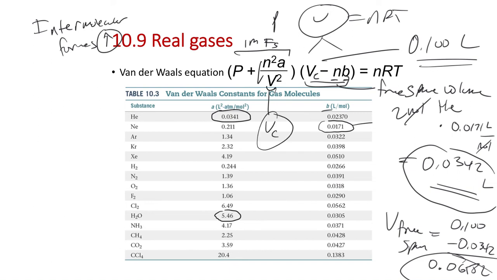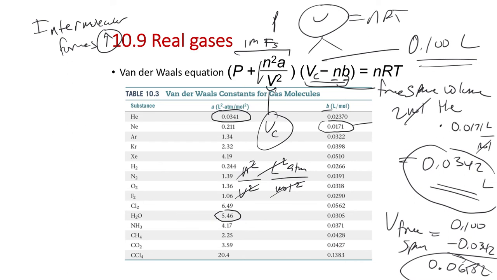It's really interesting that you don't correct for the free space volume in this term, that you just use the container volume. But I think that's because this equation was derived using that volume and not the free space volume. So you correct for the free space for the volume, and then you just use the volume of your container, and then the number of moles squared times A. If you notice, A has weird units: liters squared ATM divided by mole squared. If you multiply this by n squared, the mole unit cancels, and then you divide by volume squared, and that leads to the cancellation of the liter squared units.